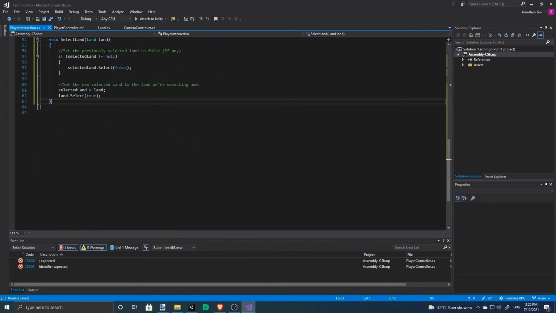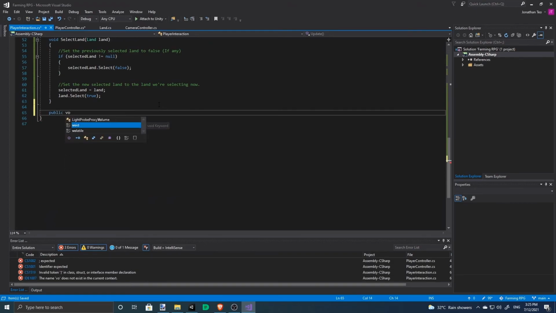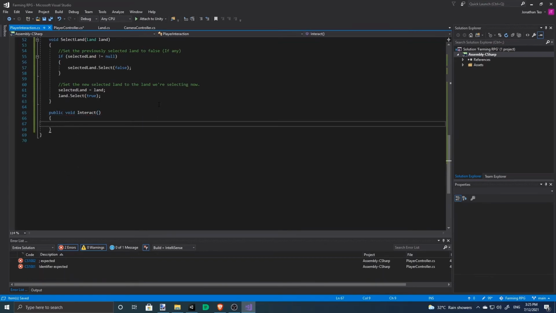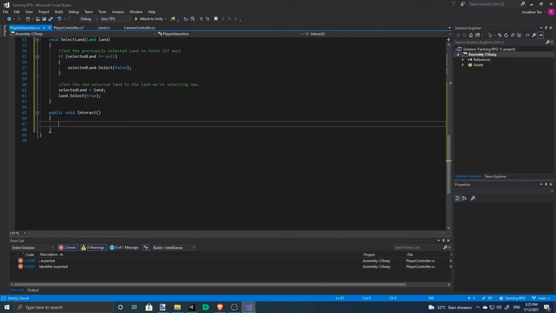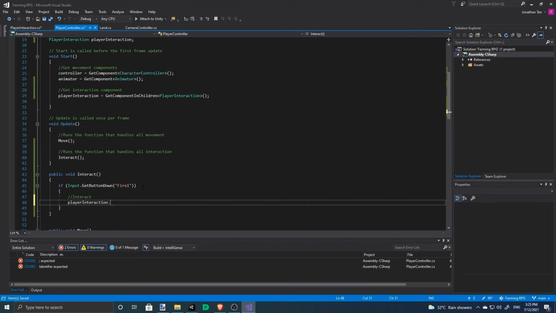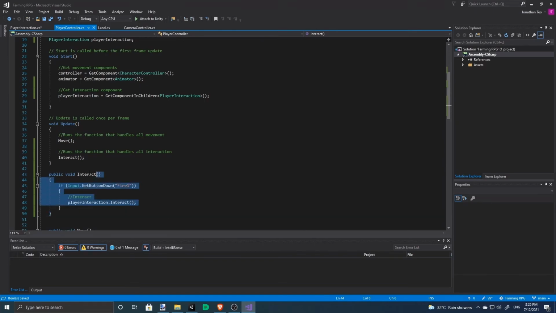We also need an interaction function, yeah? So I'm just linking the player controller. So this handles our input.